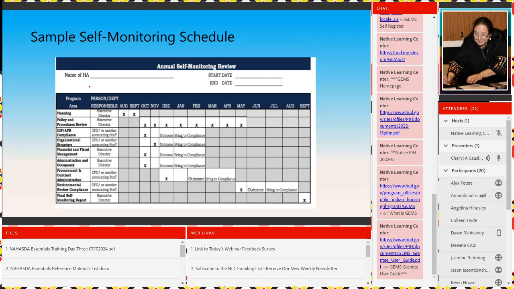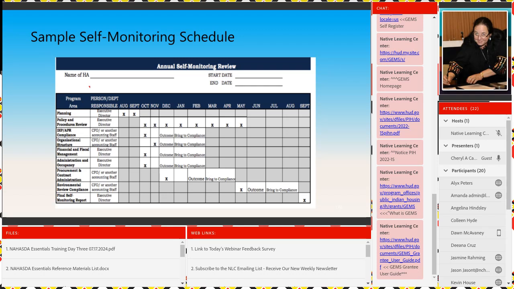So a sample self-monitoring schedule is usually throughout the year. You don't wait until the month before the APR and say, oh, we're supposed to do self-monitoring. I know it's easy to do. I did it myself, I've got to be honest. At first, we did it ourselves, and it's like, we know we have to do this. We're not going to, every time you've got to have this done, so